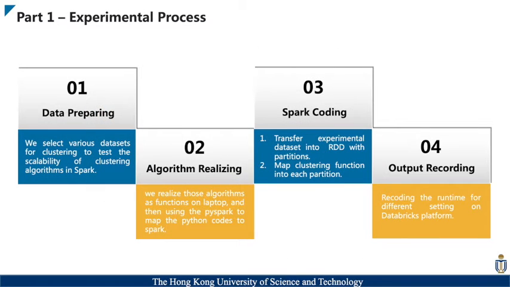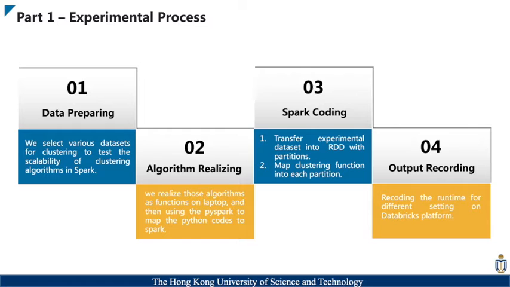And what are the experimental processes for our project? Firstly, data preparing. We select various datasets for clustering to test the scalability of clustering algorithms in Spark. And the second, algorithms realization. We realize those algorithms as functions on laptops based on Python, and then using PySpark to map the Python code